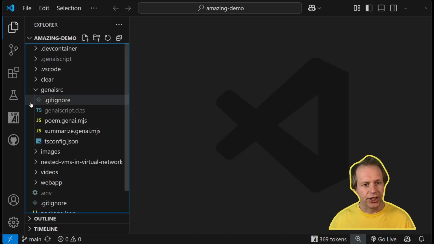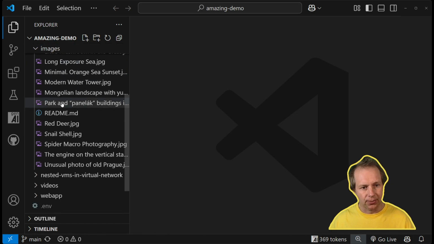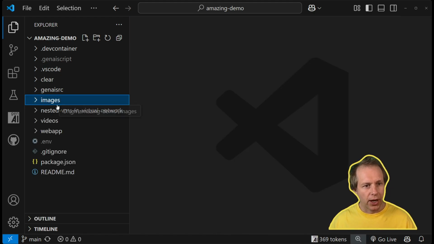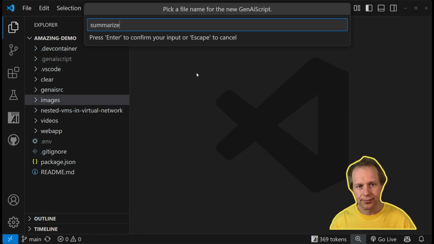In this little challenge, I have a set of images and I would like to summarize and describe them. Now, these images are big. They're a few megabytes, so we may want to cache the results of the summarization. And also, I don't want to send them all at once. So I want to do subqueries for each image, do a summary, and then a global summary. All right, let's create